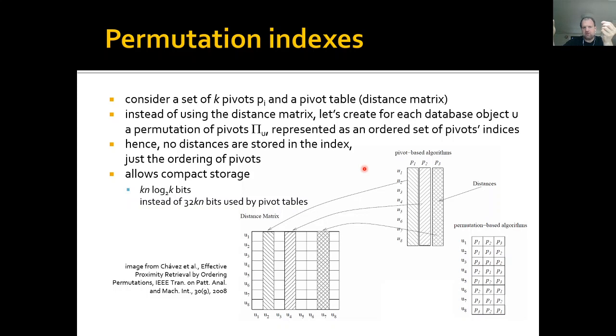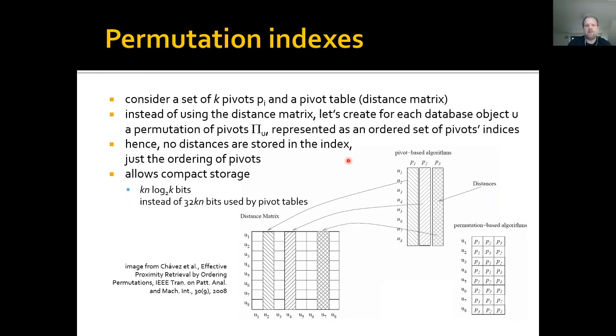And this is permutation of pivots. And this is the line now in the table. So the pivot table turns to a permutation index, which is basically just another table, but with permutations of indexes, not the real values. And using this, we basically can still approximate the metric space, not with real values, but with permutations